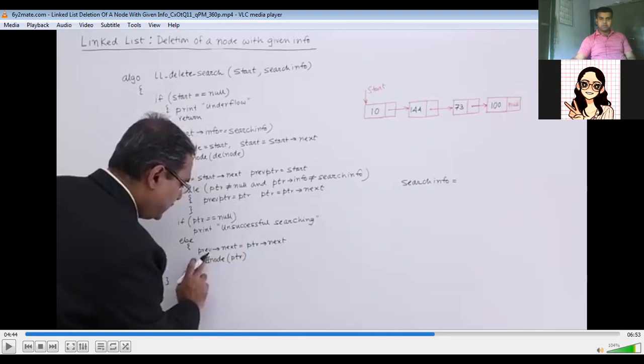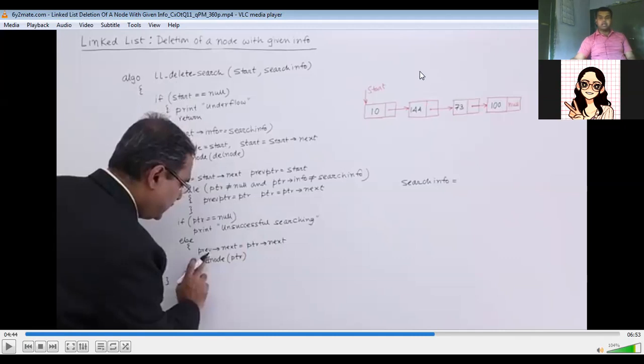So what they are performing is that previous PTR is equal to PTR and PTR is equal to PTR dot next. That means the previous PTR needs to connect using the next pointer with this particular node.